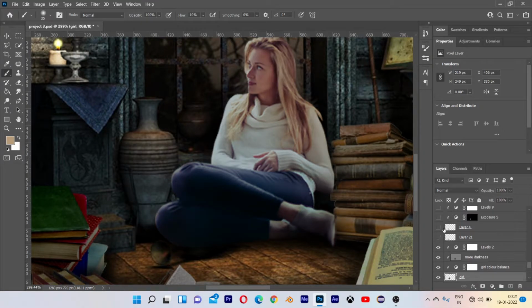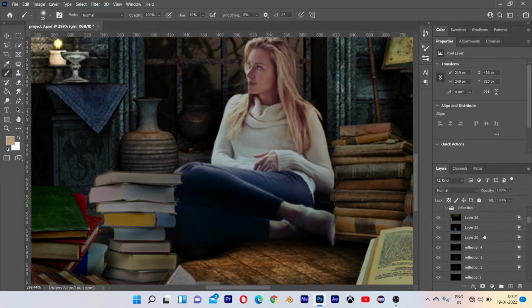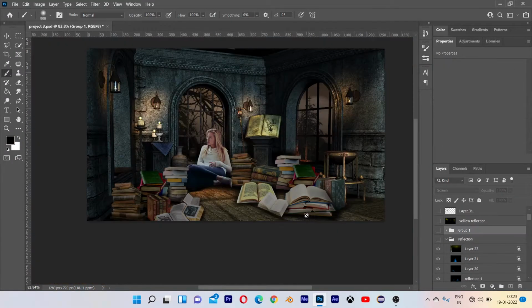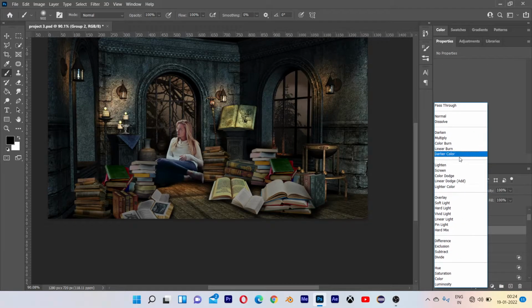From levels, darken the girl. One more book. Okay, done. Then we make our magic part. For the magic part, make a new group and blending mode to screen.